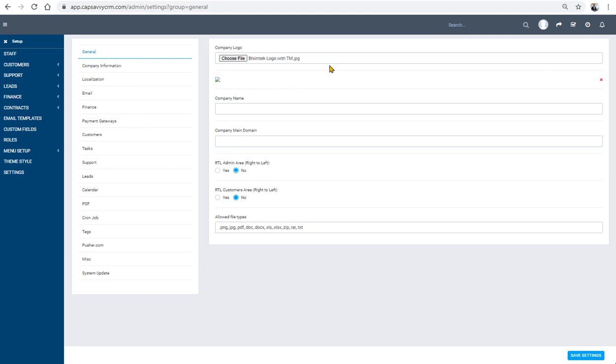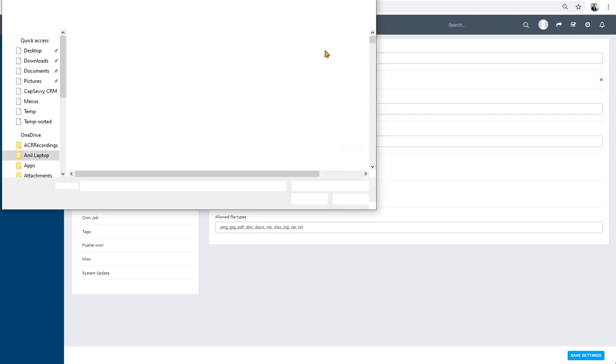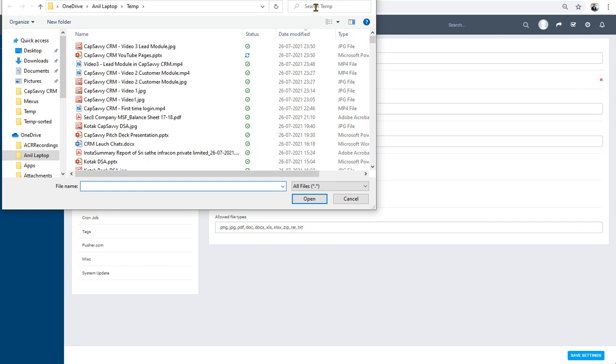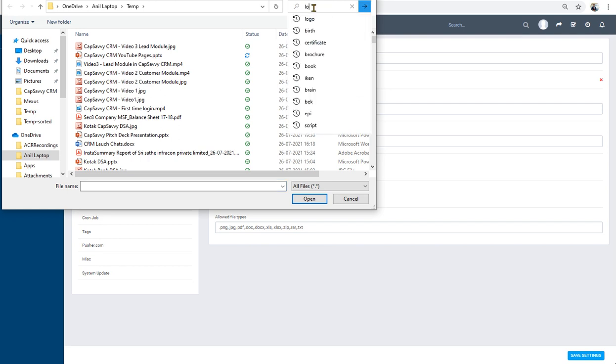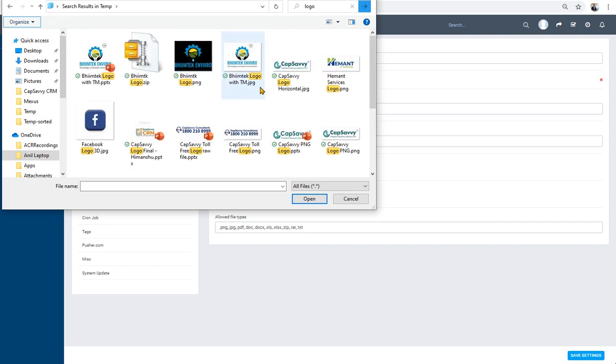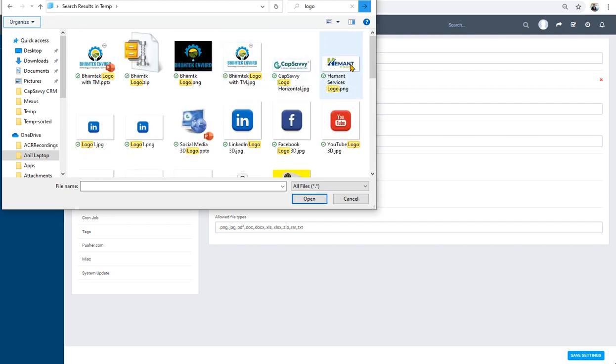And one more thing, the company logo has to be as per the specification. So once again, take a smaller size. We'll take this Hemant logo because that is as per the specification.